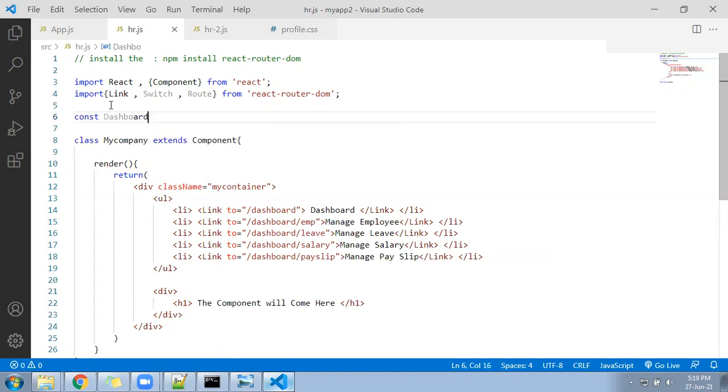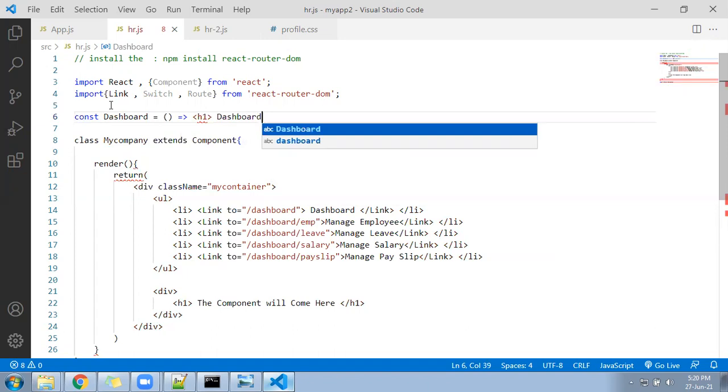Dashboard component equal to fat arrow function, and after that I'll write H1 dashboard and close the H1.